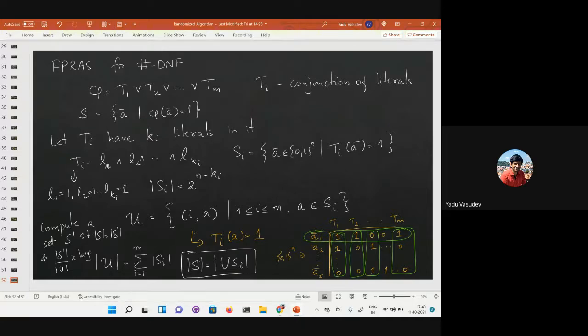Since we are out of time, we will see how this can be done in the next lecture on Wednesday. We'll see how to construct the space and how to sample from it, and use that to find the number of satisfying assignments. And then we'll see that there is a close connection between sampling and counting, and that is what we will explore after that.